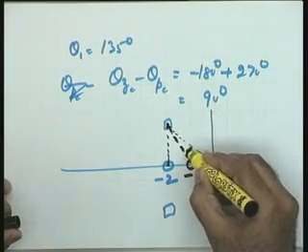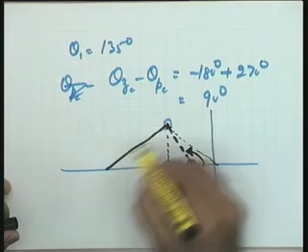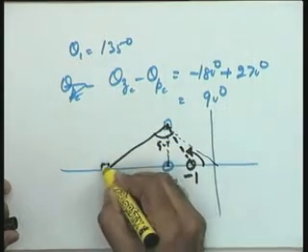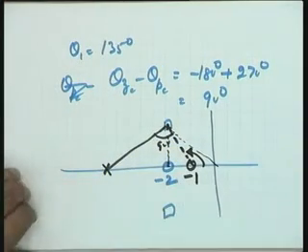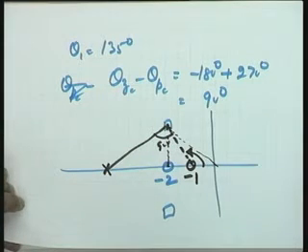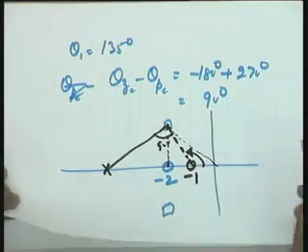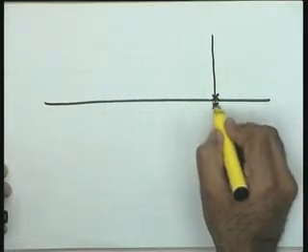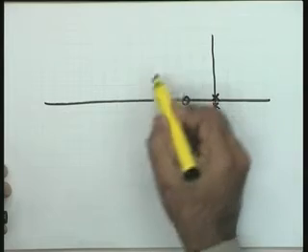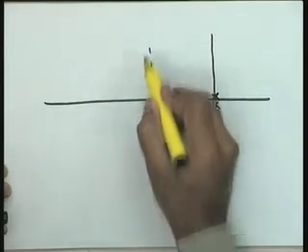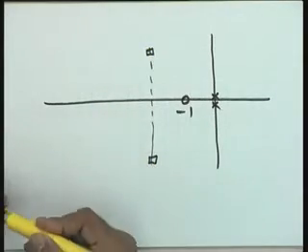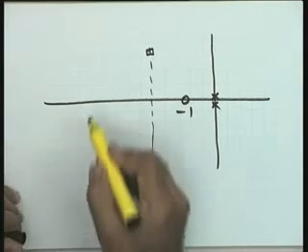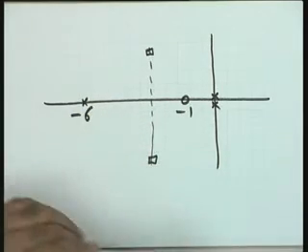Let us say this is the angle I can calculate, and I can put this as 90 degrees, and this is the position of the pole I am going to get. Let me analyze the location of the zero at minus 1 and the corresponding pole, so that the 90 degrees angle is achieved. I make the final root locus sketch with this choice. This is minus 1 over here, this was minus 2 plus minus j2 locations here. The location of the pole turns out to be at minus 6, please.